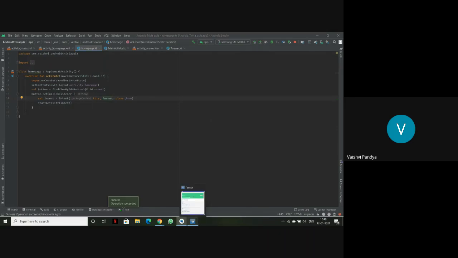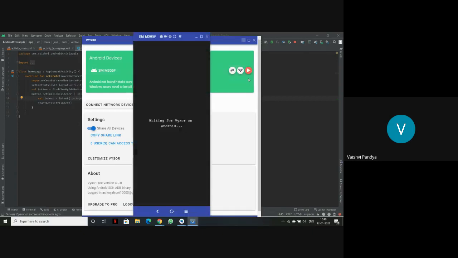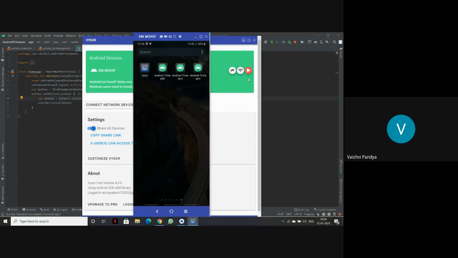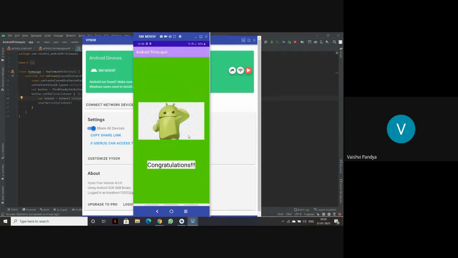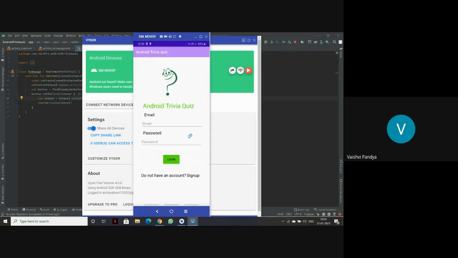As it is already installed, we'll run it again and see. You can see my homepage button. Now we have three apps. The last one is the third page that we have recently made. And we can see the first one here, that is our email.